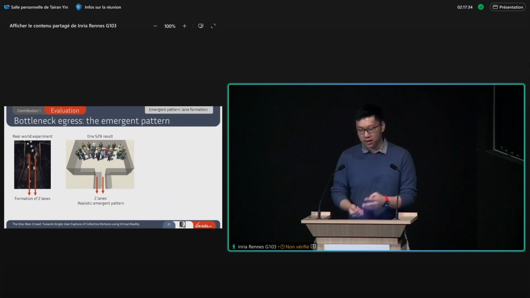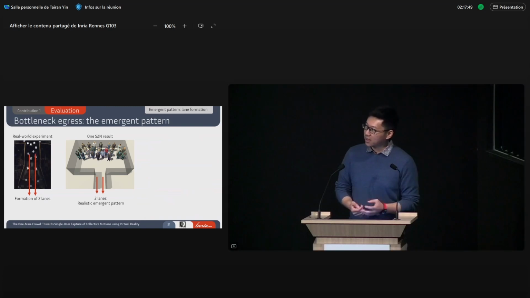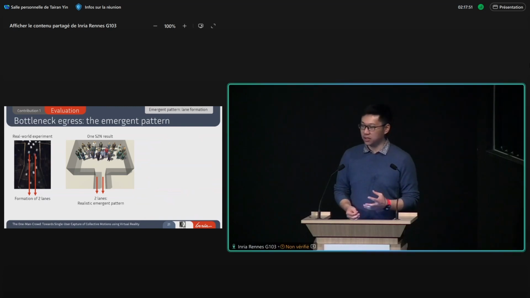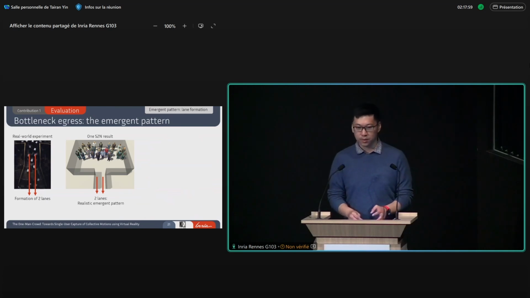But I think you are more interested in the emergency evacuation, where everybody feels the stress to get out of the bottleneck. I think there are way more things to do in this stage, compared to the current stage of the one-man crowd paradigm. Because in this case, you have to involve pushing behaviors. First of all, the characters must be able to be pushed by the user.